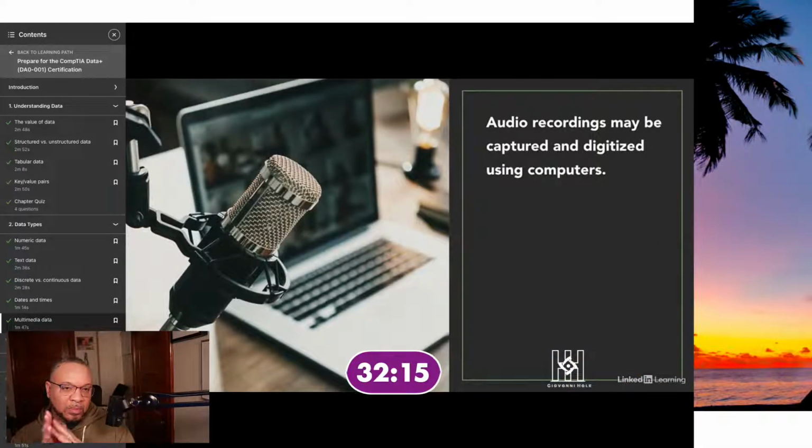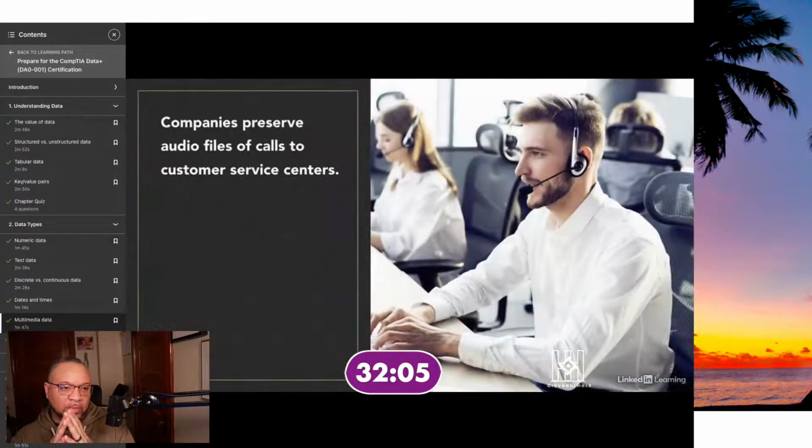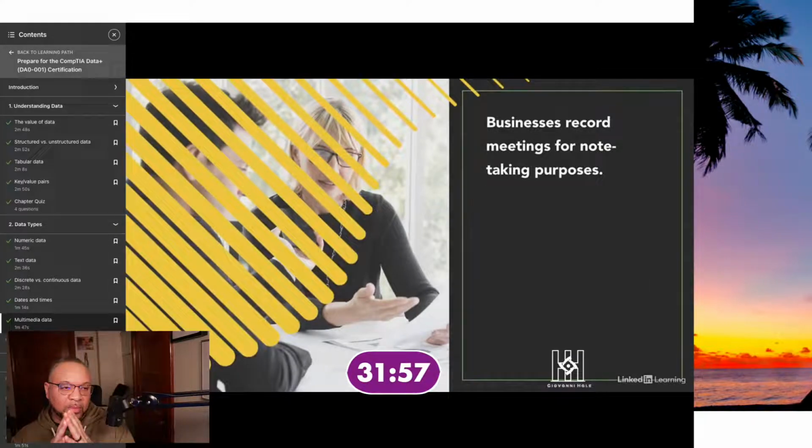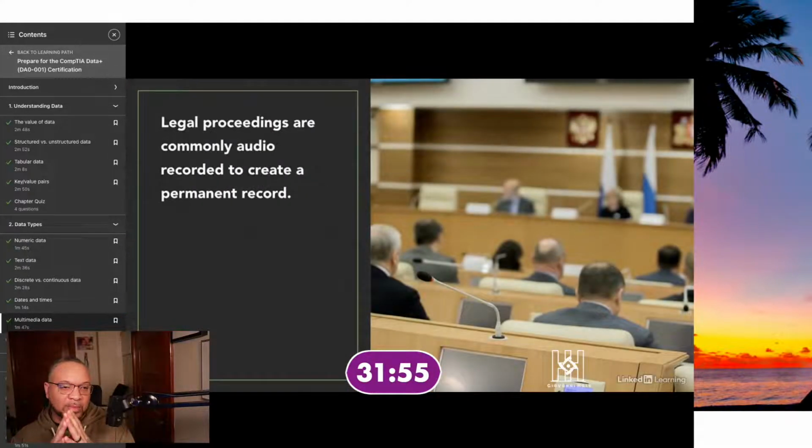Audio recordings also may be captured and stored in digital form through the use of microphones and audio capture software. This data is then often compressed to save on storage space. Audio data may be used to record calls to a customer service center for quality assurance purposes, to take notes from a meeting, or to permanently record legal proceedings.